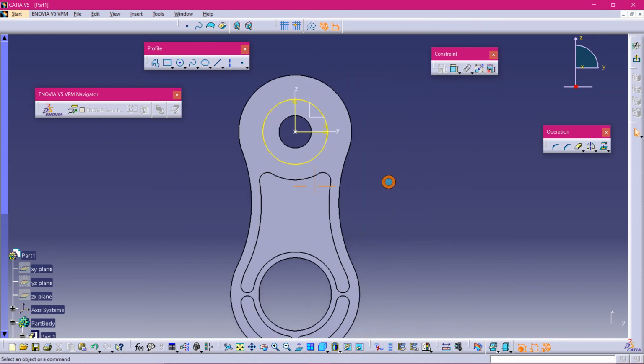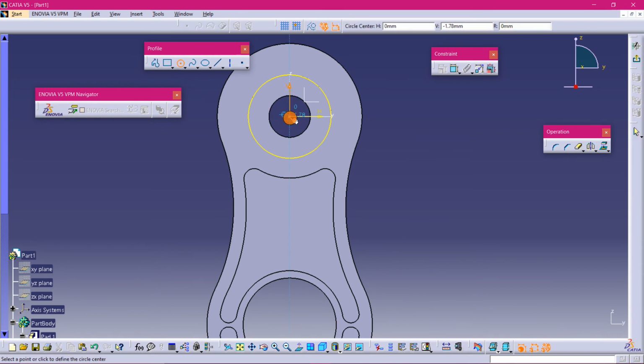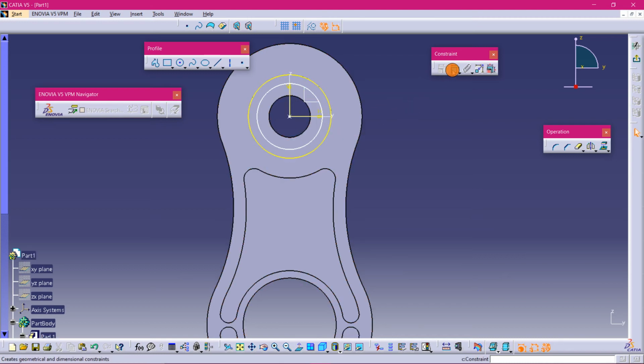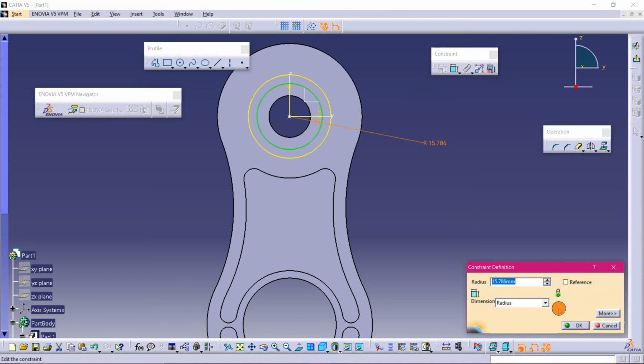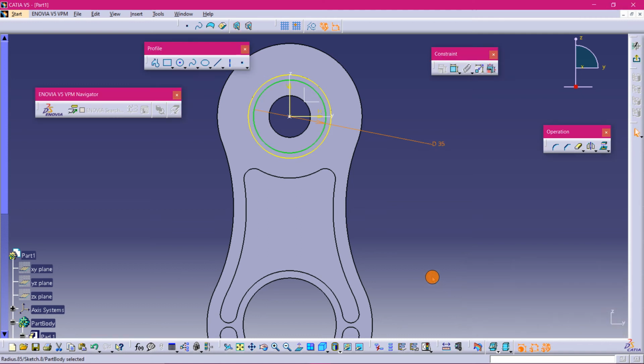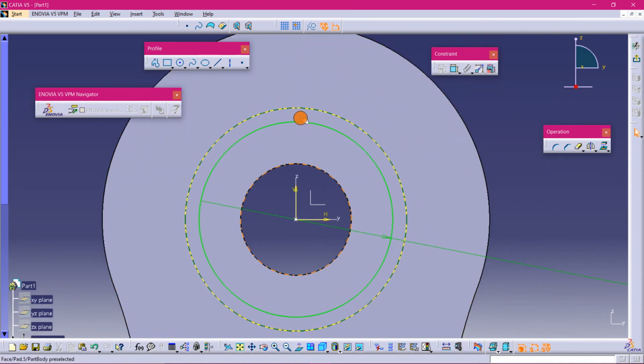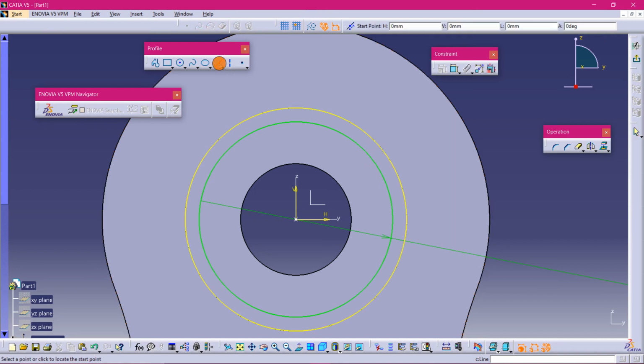This outer one is 40 mm minus, you have to do 5 mm diameter because height is 2.5, on both sides it will be 5 mm. That means 40 minus 5, 35. It is changing to diameter, and that is 35 mm. Okay, now I have to sketch a tooth here. For that I will be drawing a line like this, and then